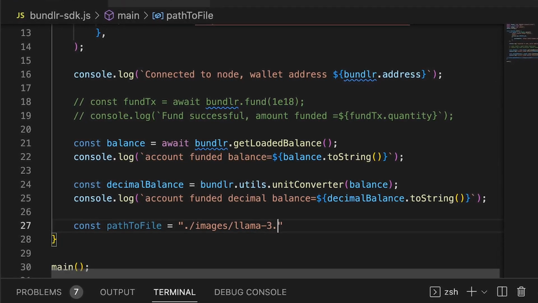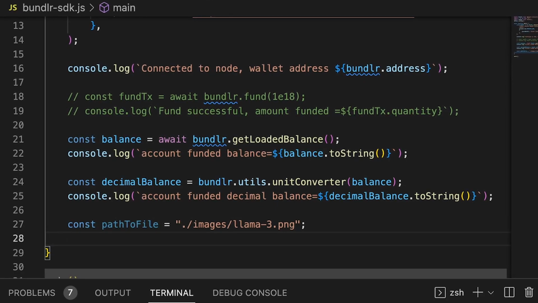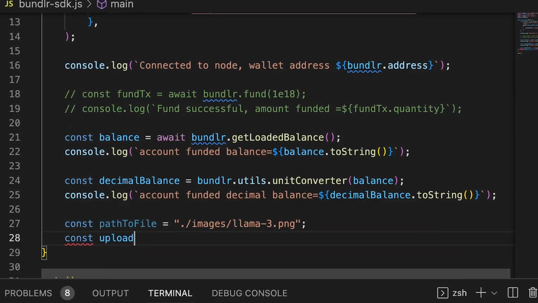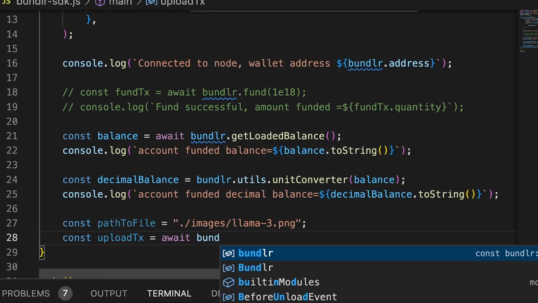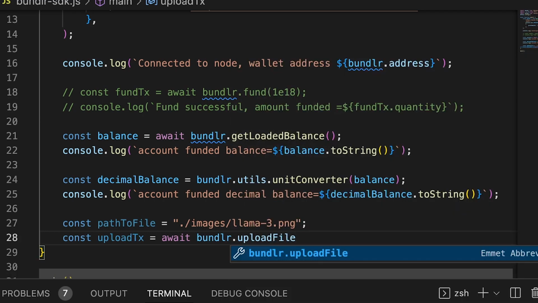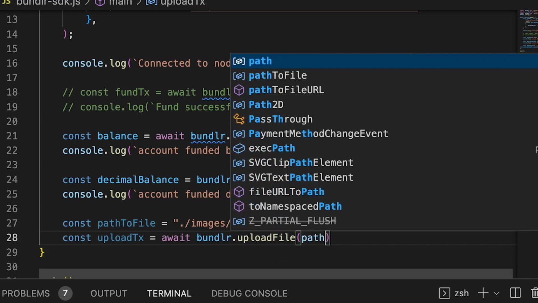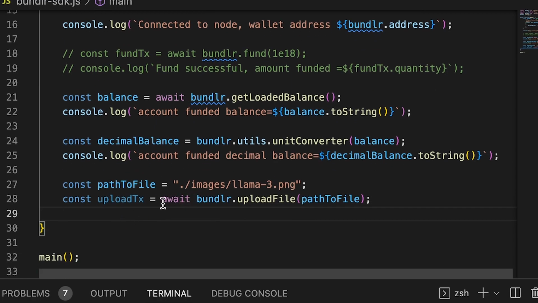Let's do llama 3, my favorite one, .png, and let's go const uploadTransaction equals await bundler.upload pathToFile. Cool. That's all you got to do. You pass in the path to the file, you call one line of code, and it gets uploaded to the permaweb, and it's there forever.